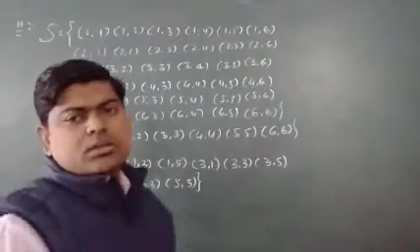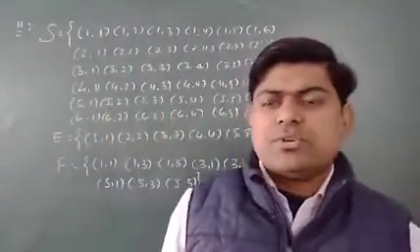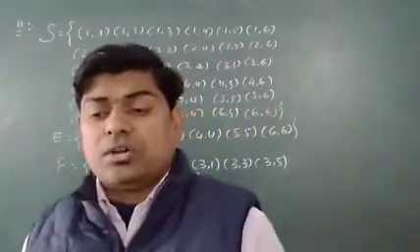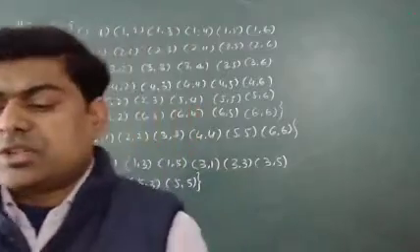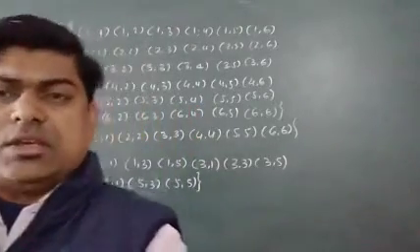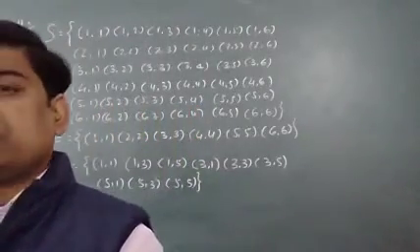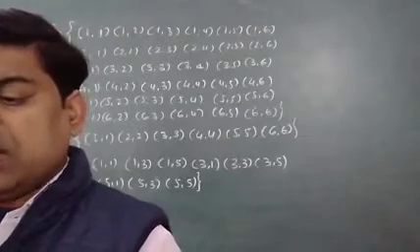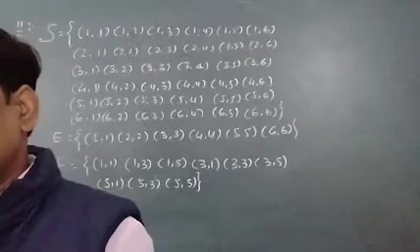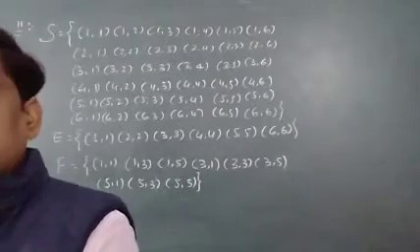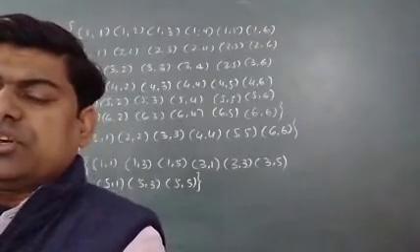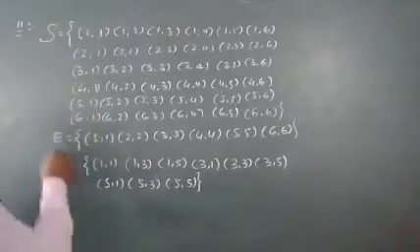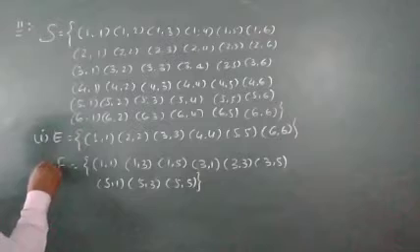These are the few elements in which I can say the product of these two numbers will be an odd number. Your question was there. First of all, I have to write E and F. I think the first and second part of the question I have already done. I'm talking about question number 11, and in question number 11 you can see I have done the first and second part, which was only to find E and F. I have got E, I have got F.